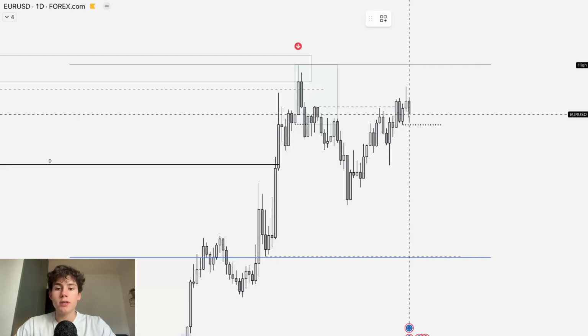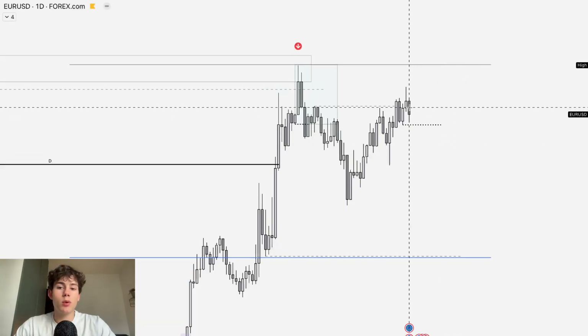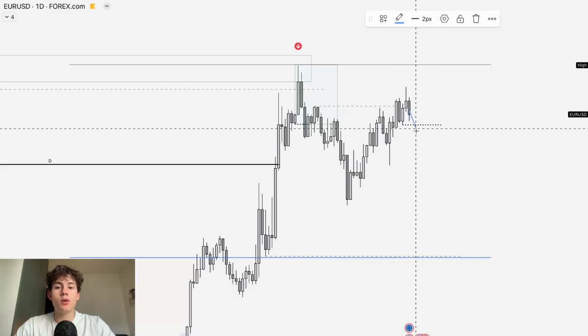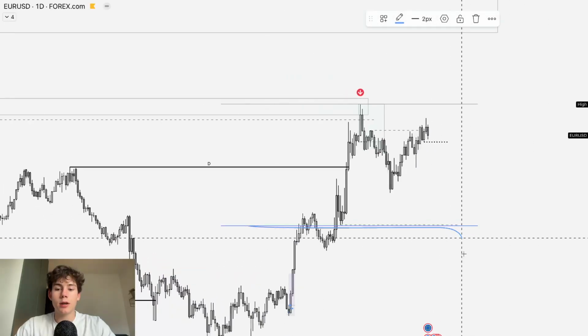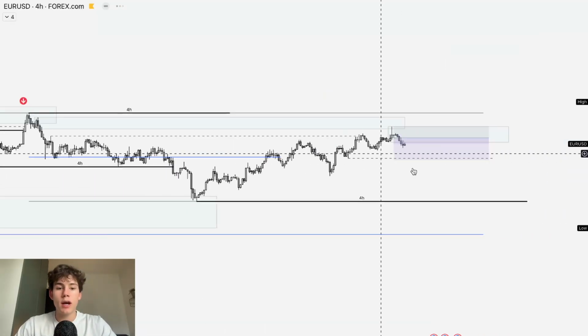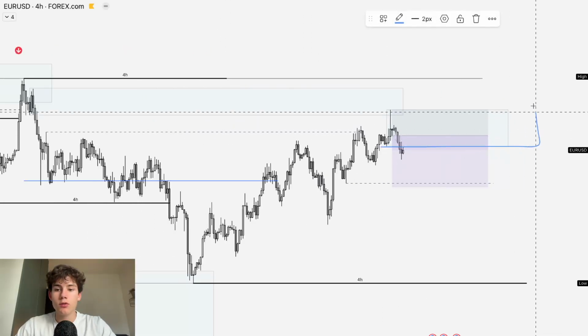If the order flow just stays bullish, you could long all the way up higher, but that's not what I'm looking for on a weekly time frame because like I said, I want to see one more swipe. So I'm just going to wait for a daily fractal in order to trade down lower in line with that discount prices and that liquidity. Going over to the 4 hour, you can also see that we are swing bearish. We took liquidity above these highs, tapped this supply zone, and now we created our own supply zone.